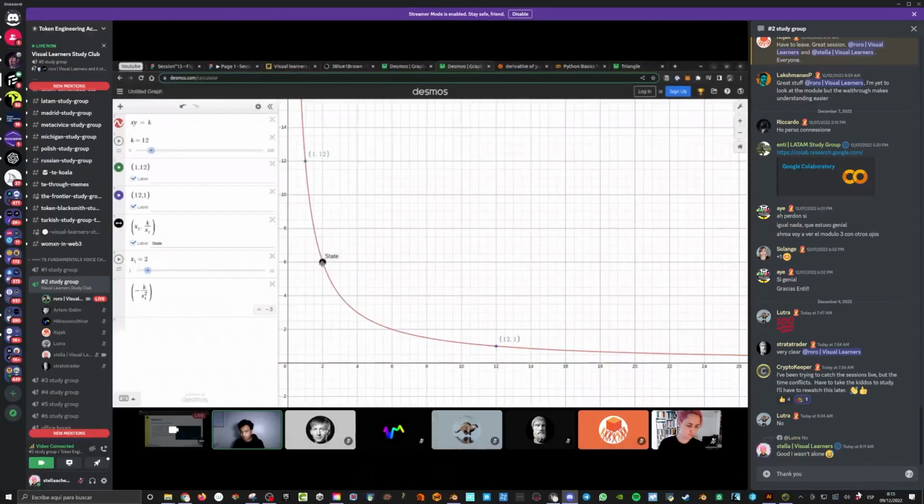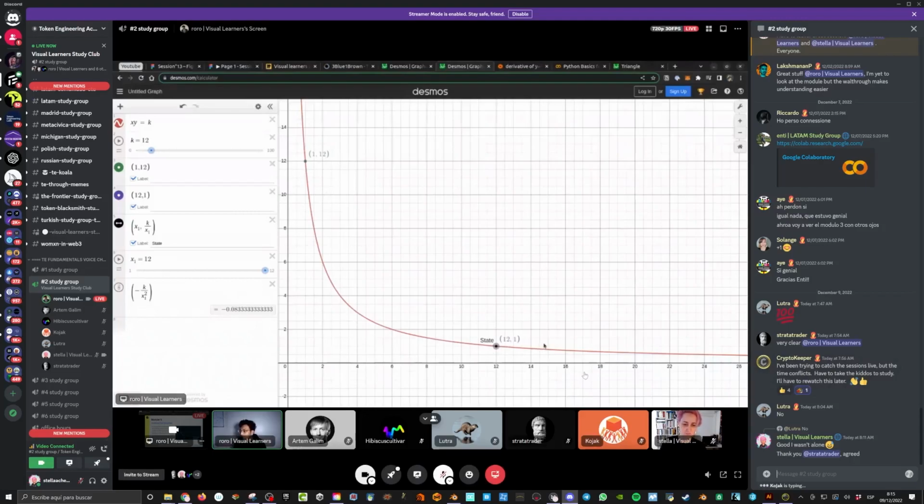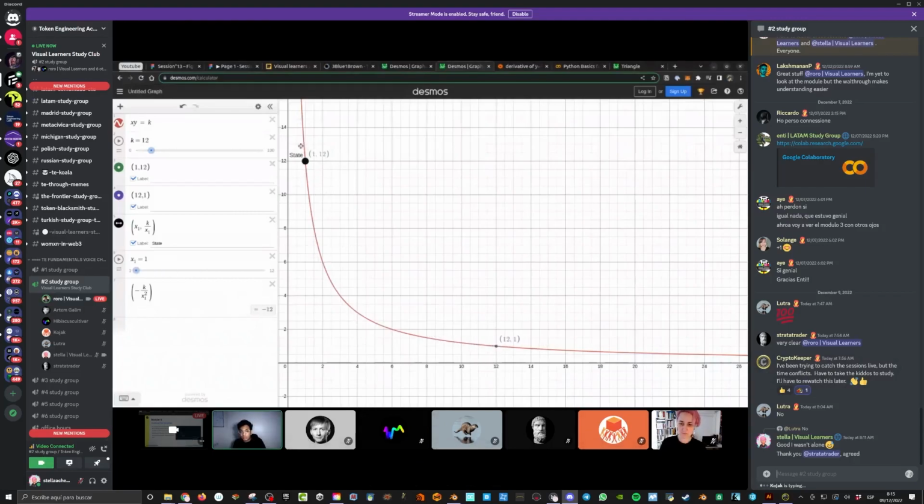Like if I'm at this point, which is, let's say, x equals 2, and I'm going to this point. For example, if I'm at (1, 12) and I get to (12, 1), which means I traded 11 tokens of x to get 11 tokens of y, let's say. Why is it that that's what happened? Because I was expecting to get a lot more.